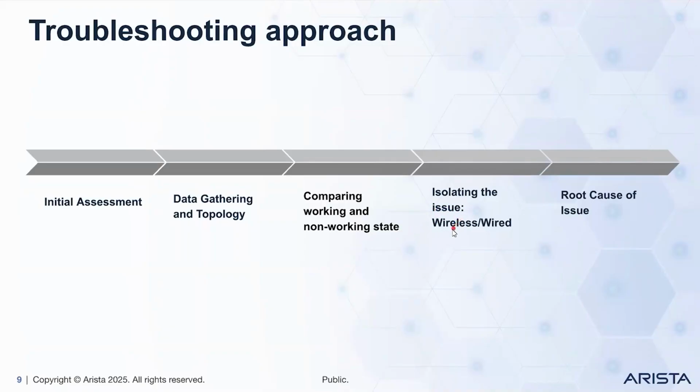At this stage, we will be splitting our troubleshooting into two domains: wireless troubleshooting and wired troubleshooting. Wireless troubleshooting will cover client health, RF health, whether any retries were seen, any authentication failures seen, and so on. In wired troubleshooting, we will be examining switch port performance, whether there were any switch performance issues, any interface discards or errors seen, and so on.